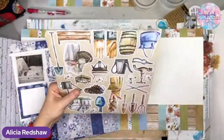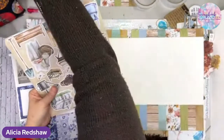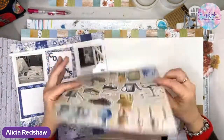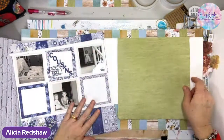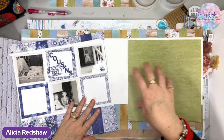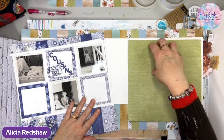There you go, beautiful frames. I should have just used the piece in the first place. So it's not very straight, is it? So if I use that to mat the photos, the 6 photos,